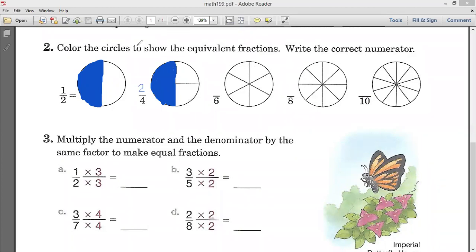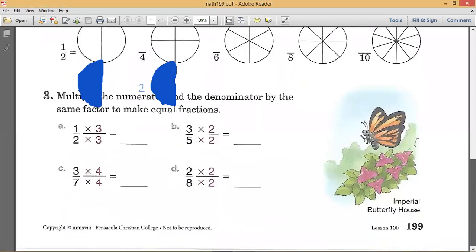Okay, now let's move on to number 3. Oops, let me just clear that. Okay, number 3 says multiply the numerator and the denominator by the same factor to make equal fractions. So before I teach you how to make equivalent fractions with